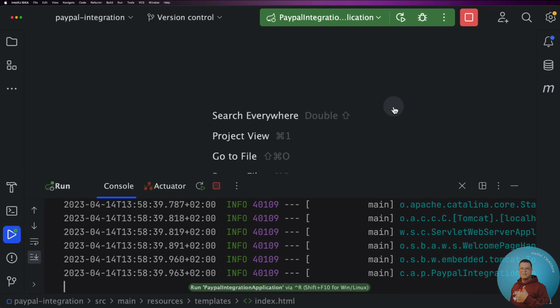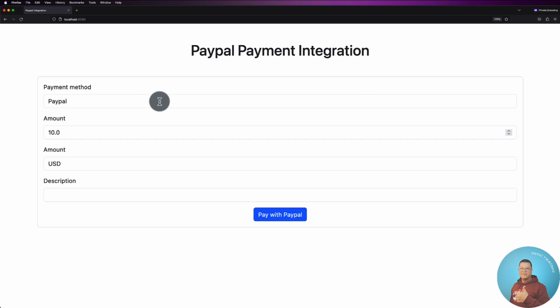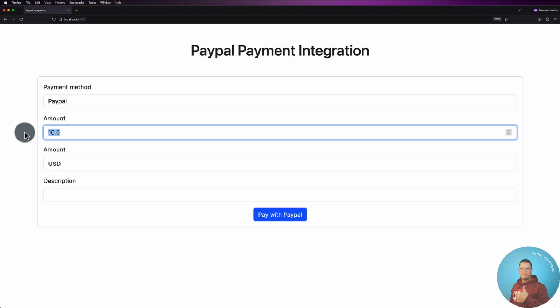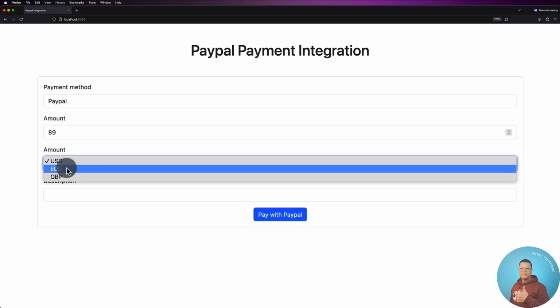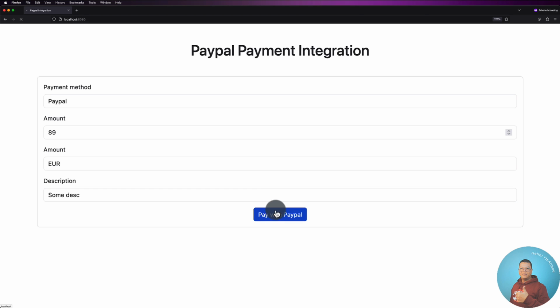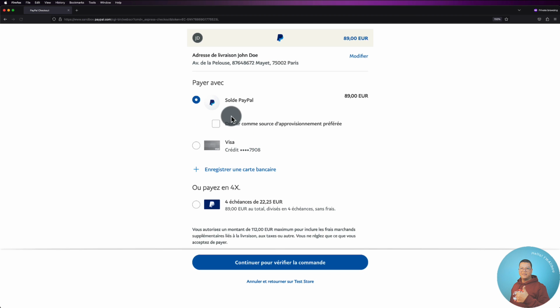So let's go back to our browser, and here we have our new interface. So here we see that we have our payment method, which is a read only, so we cannot update it. And the amount, let's say that we want to pay 89, and let's say it's in euros, and here let's say some description, and then pay with PayPal. And now I'm still connected, so that's why I'm automatically redirected here. And now we can see that this